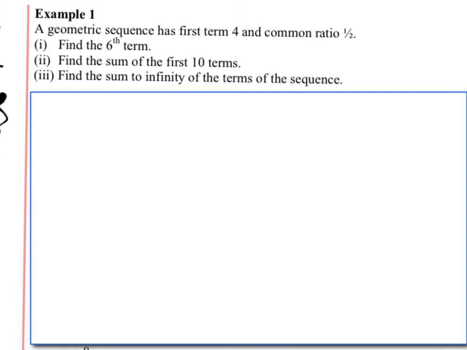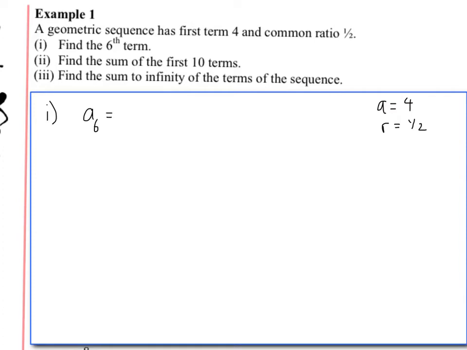Okay, so here's an example. We've got a geometric sequence, and it tells us the first term is 4 and the common ratio is a half. So let's write that down. Let's put down a = 4 and r = a half. Find the sixth term, so let's start by doing that. And so we've got a_6